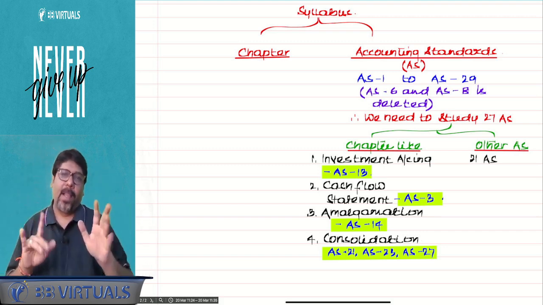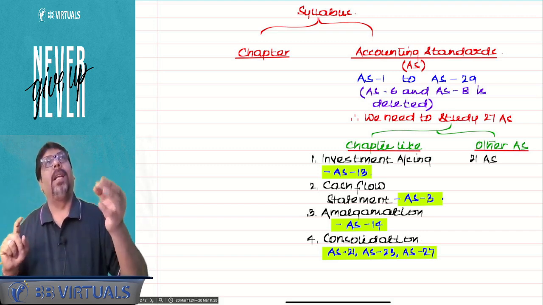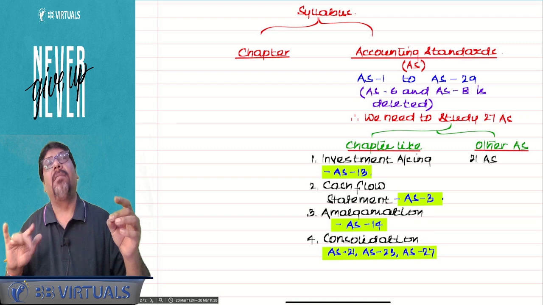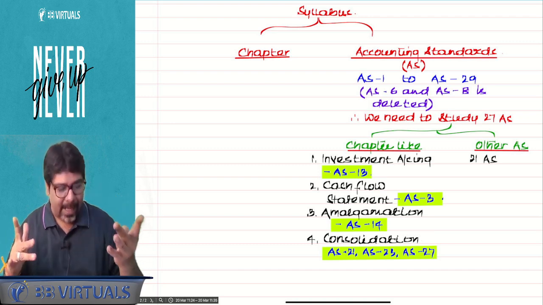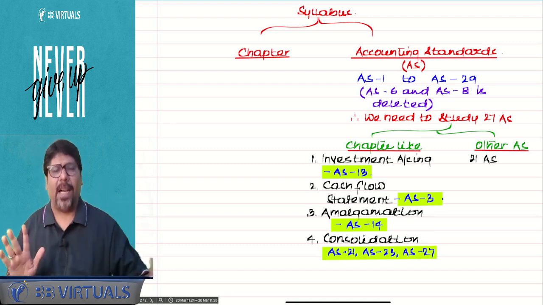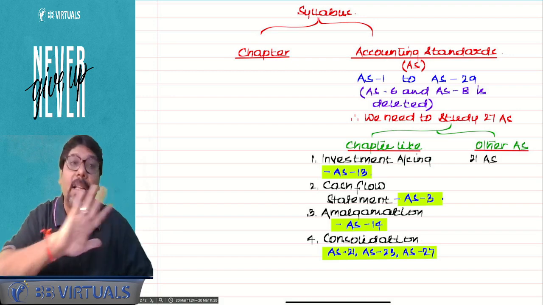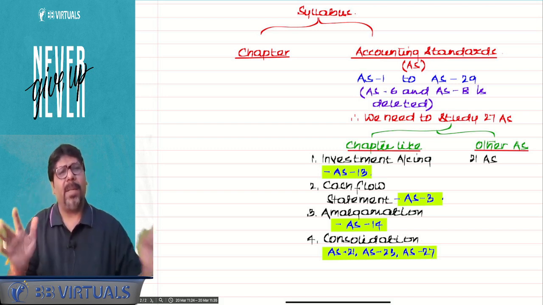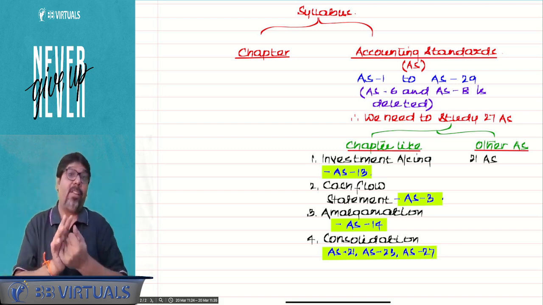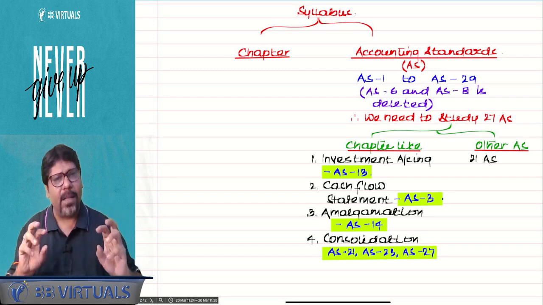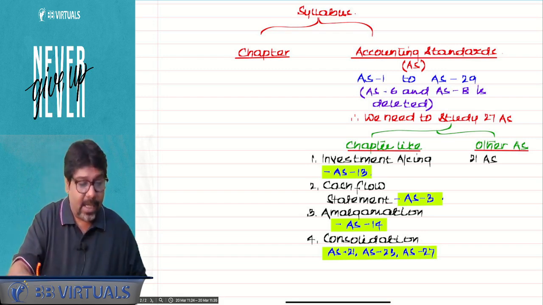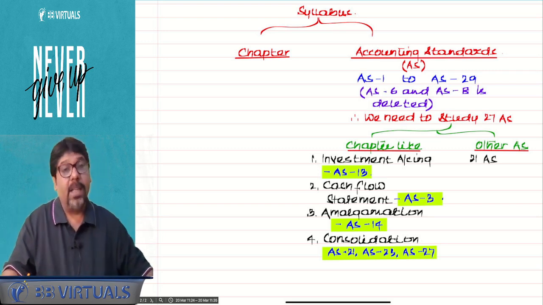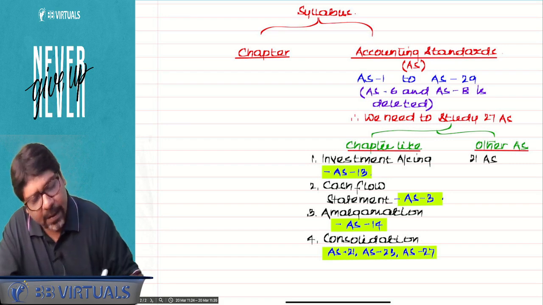No, no, no. Is 1, is 4, 5, 18, 24, 29. 6 standards approximately, beta, are completely theory. Correct? Remaining a mixture of theory and practical, need not worry. Are you understanding? Yes, sir. So these are your syllabus as far as accounting standards is concerned. As far as chapters are concerned, you have got